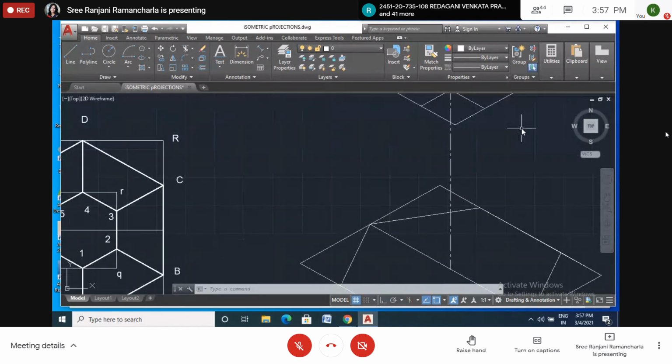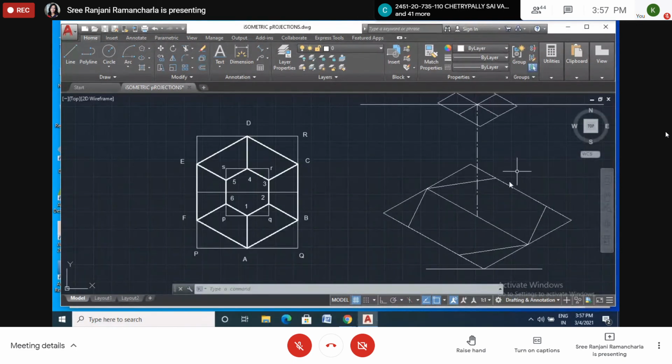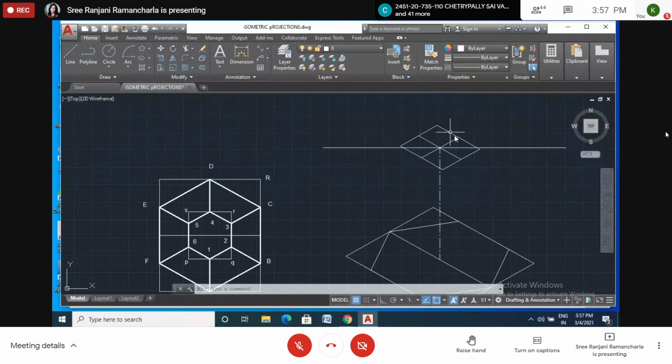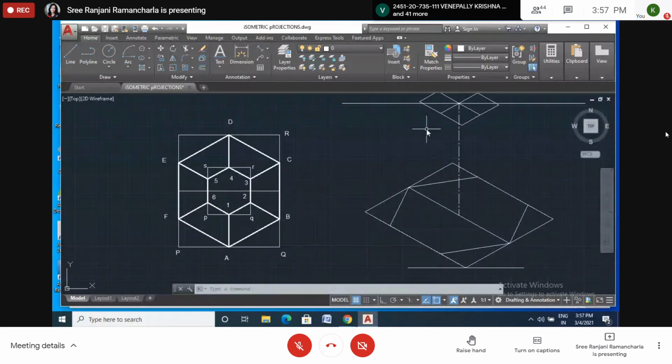Okay. Now here what we have to do is, the same way we constructed the hexagon here, we have to construct the hexagon here. Okay. So this is P, Q, R, S, right? I will text again. Don't get confused.